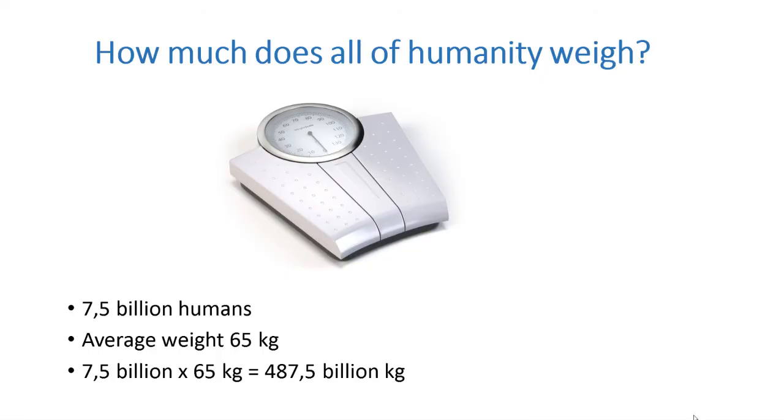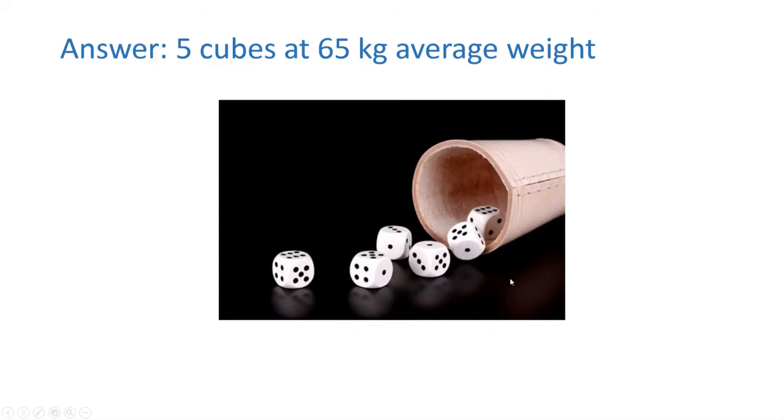Now let's go back to look at our calculation of the weight of all humanity. We arrived at a figure of around 500 billion kilos. Since a die with 1 centimeter edges, as we have just seen, weighs 100 billion kilos, 5 dice represent the space needed for all the matter from which humanity is made up. In this picture we have 6 dice, so we have 1 die to spare.